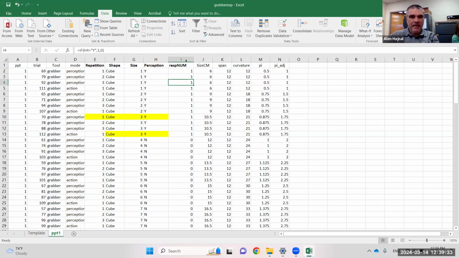So we have that, and this is gonna be the basis for the pivot tables, the response number. Okay. So now what I want to do is,